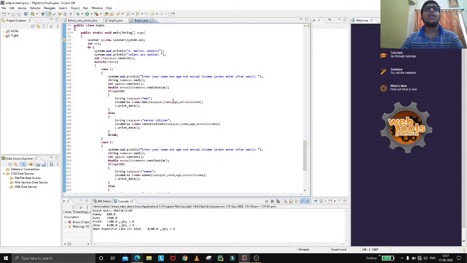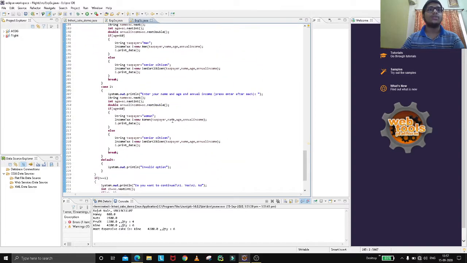Now for senior citizen, a senior citizen may be a man or a woman. So we have created: if age is less than 60, then he is a man only, and if greater than 60, then he is a man with senior citizen status. Also we have given case 2 for woman.